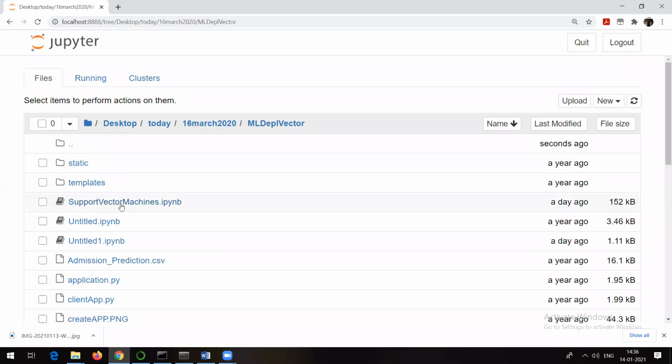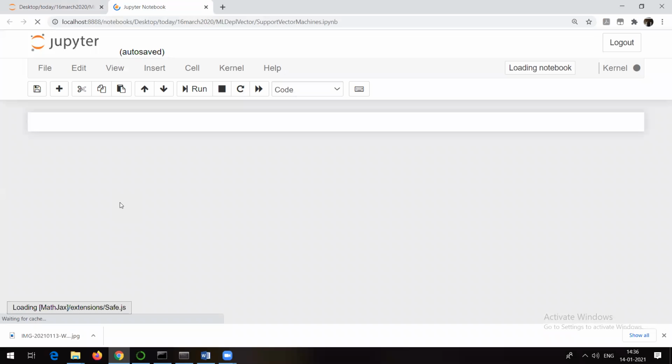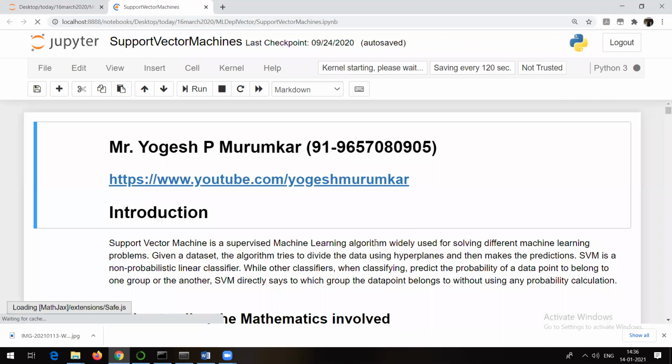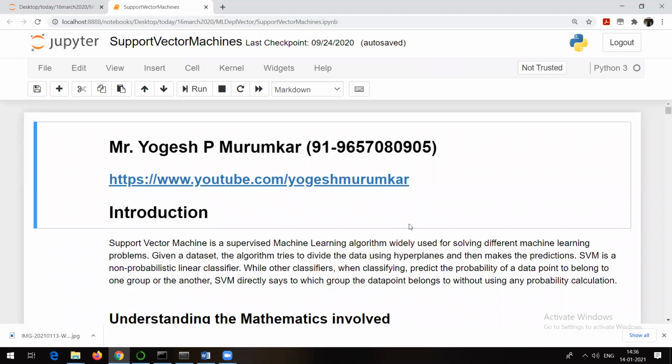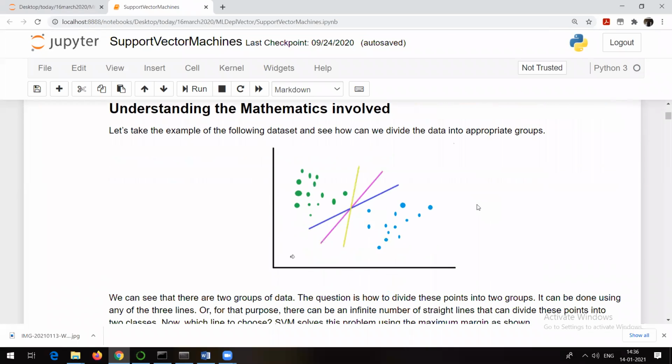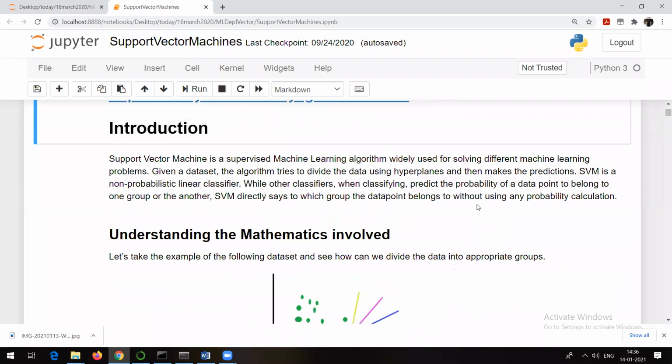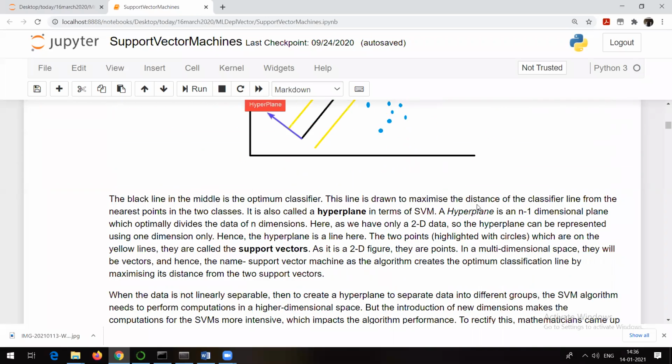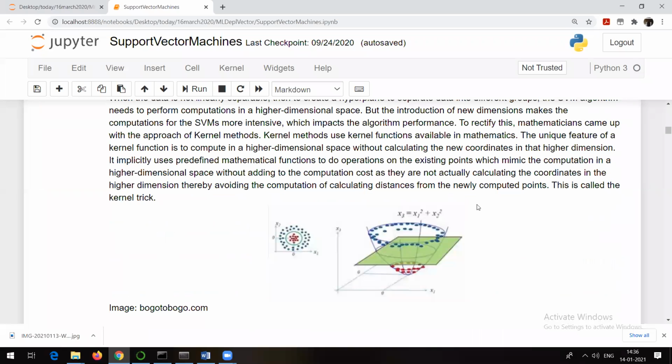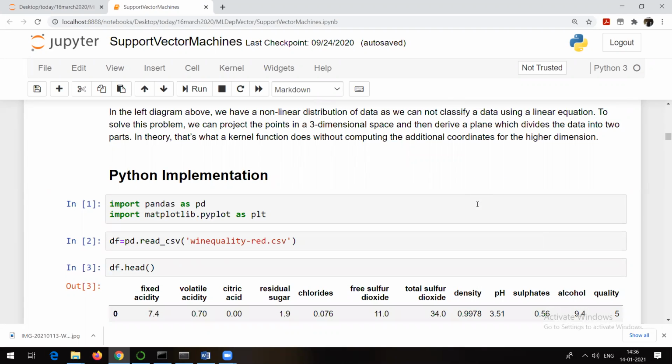So let me open this IPYNB file, and let's start with the development of the support vector regression model. If you remember, in case of linear regression, we have seen the admission_prediction.csv file. The same data I am going to make use of, but instead of linear regression, now we will be making use of support vector regression. So this is what we have seen till now. I hope everyone is clear. As I told you, you will be getting this particular file once I upload the video. Then you can refer.